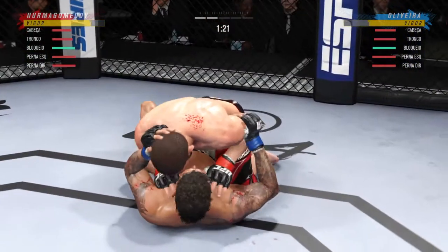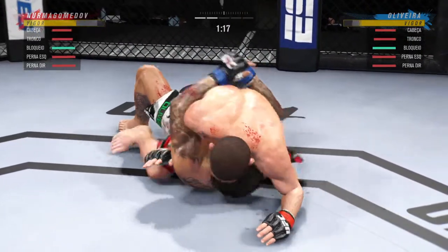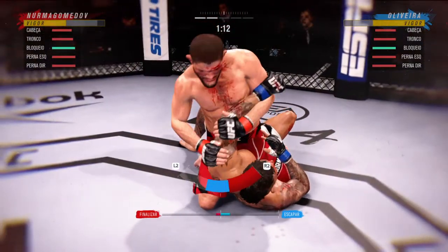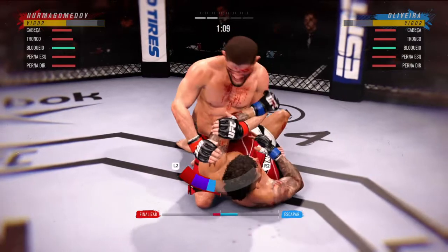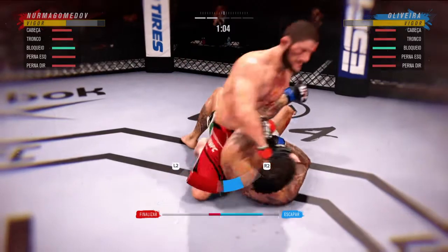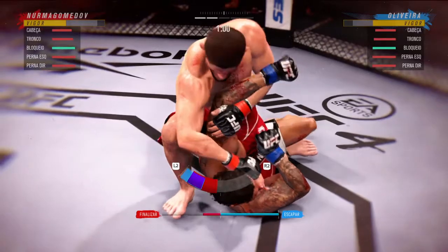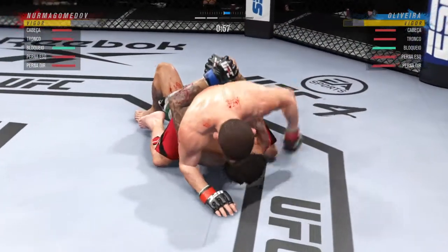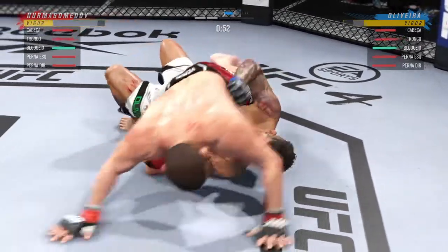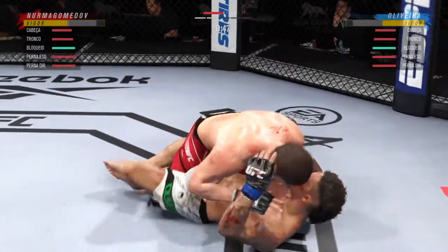Then he's out. Nurmagomedov has got full mount now. Now the guy's got an armbar. He's attacking it. He's gonna attack the armbar here. Nicely done. All right, well, both fighters pretty comfortable on the ground, DC, but you got to be very careful hanging out